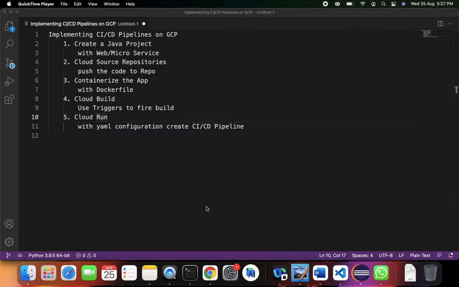So now in our last component here in our discussion with respect to the CI/CD pipelines on GCP, we've got Cloud Run. With Cloud Run, you can simply execute your container image. It means you're going to deploy the image onto the Cloud Run service. One way is to do it manually. The other is to use the YAML configuration and actually make up the CI/CD pipeline,